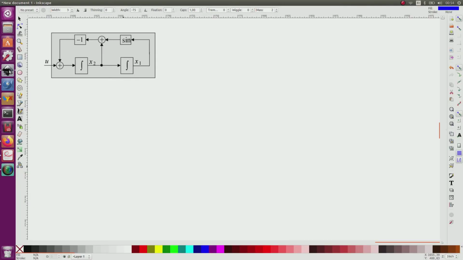This is my system. So I have two state variables, and to get the equation of the system, I should compute x dot 1 and x dot 2. And here I am only allowed to have x1, the state, x2, and the input u. Okay, nothing else. So for x dot 1, which is here, it is of course equal to x2. So this is why here I have x2.